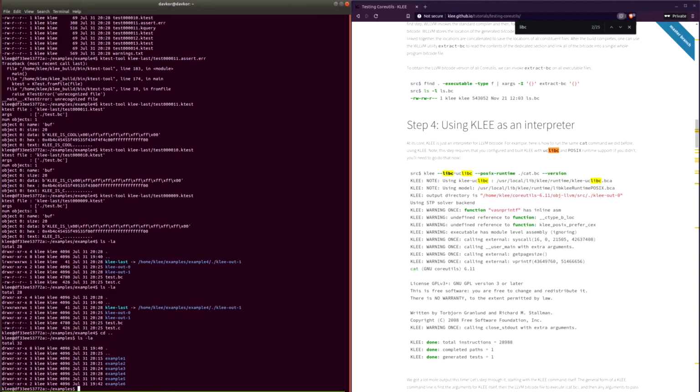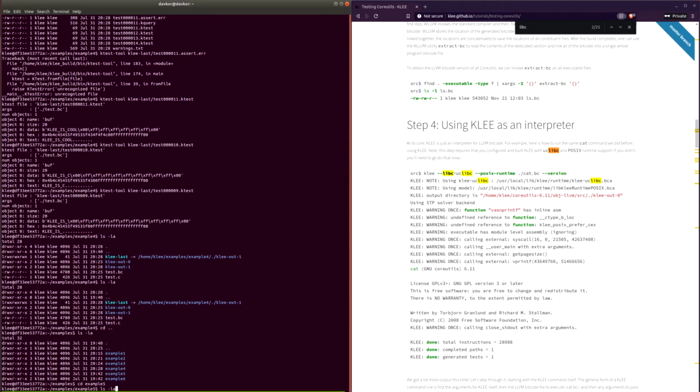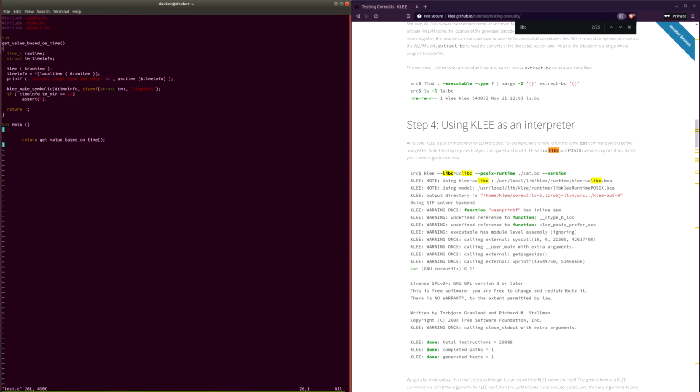Okay, so let's go to the next example, example number 5. Here I have a separate example where we have a main function. It calls get value based on time. This function declares a struct called raw time. Then we declare a time info struct, and then we get the time essentially on my local computer. It prints out the time, and then at this point we make the bytes of the buffer with the time